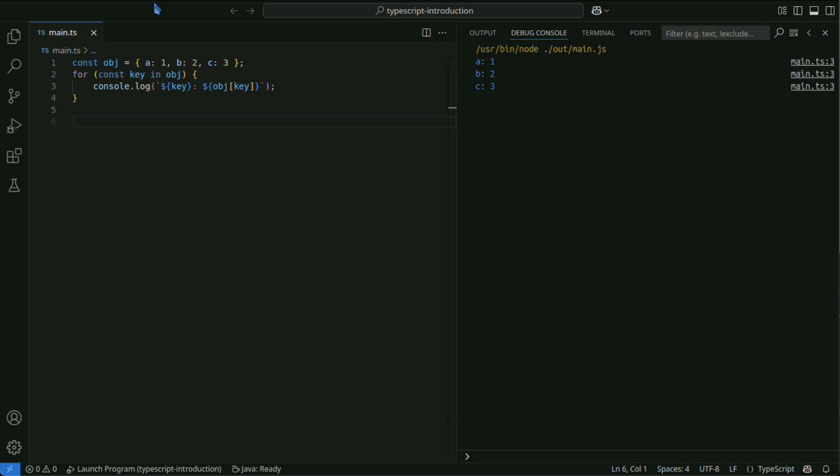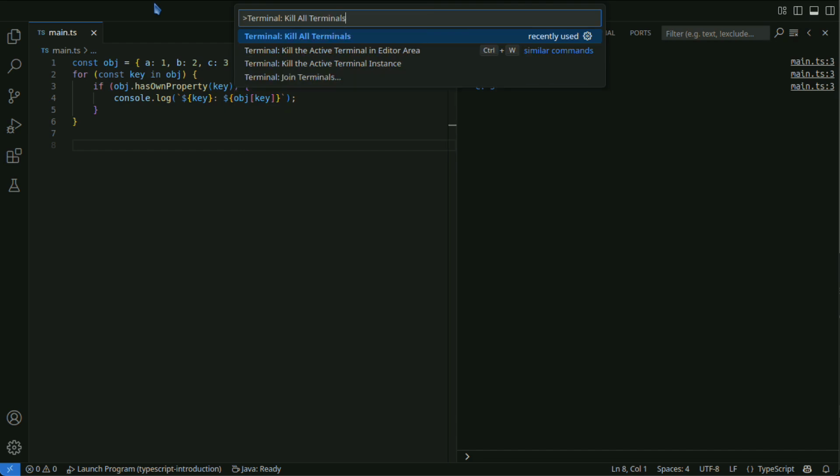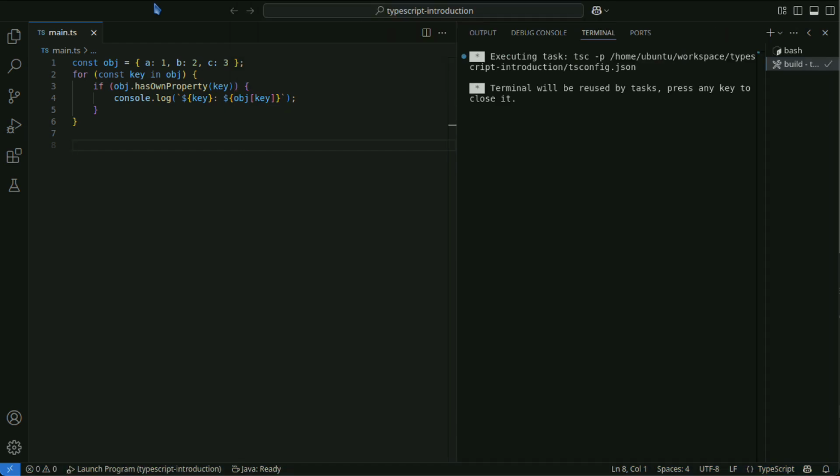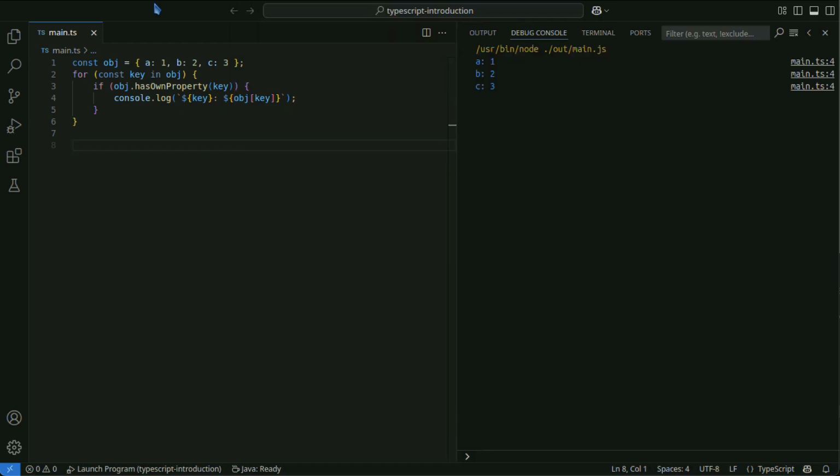For example, you can improve this code as follows. When writing a for in loop, you can consider the following points.